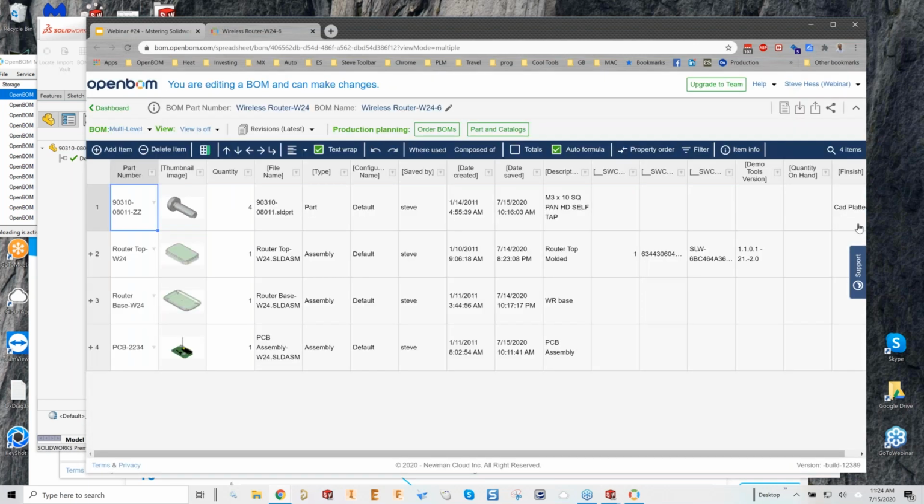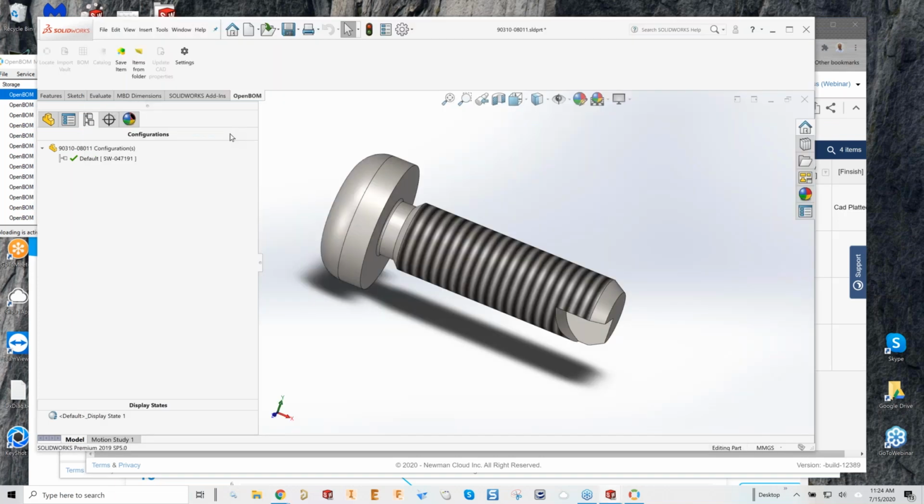And now we see it's calculated, poorly spelled. Okay, all right. Let's move on from that and take a look at some key OpenBOM settings and some key SolidWorks settings that affect how BOMs get built. So I'm going to close that for the moment